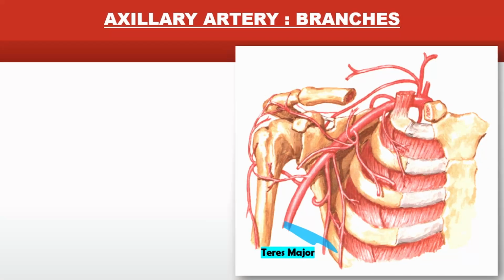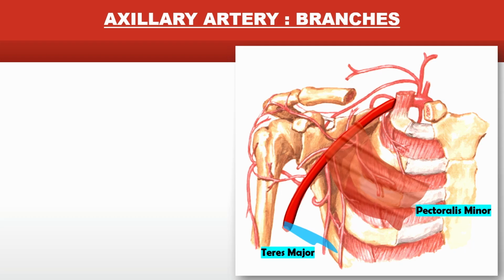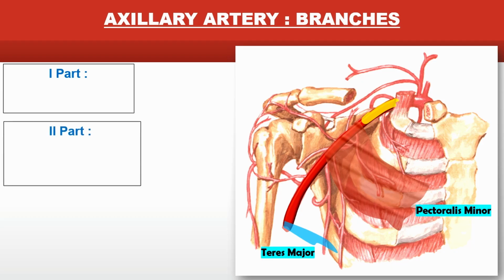Once you have understood the division, now you can see in this diagram we have removed the pectoralis minor muscle. So which is the key muscle that divides axillary artery? Pectoralis minor will divide the axillary artery. Which is the first part? Superior to the pectoralis minor. Which is the second part? Retropectoral, you can say, right? That is, it is behind the pectoralis minor.